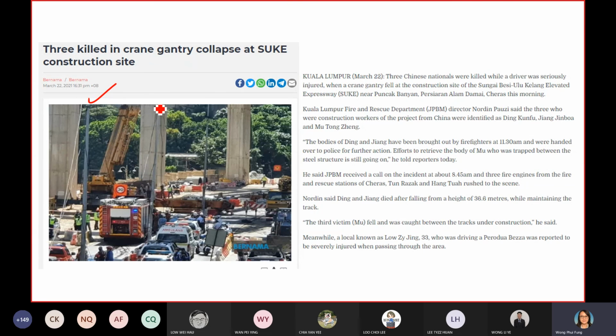This news just recently happened. Three people were actually killed because of the crane collapse at a construction site. This site is quite a dangerous one. Very frequently they have things collapse or drop from the higher construction levels. So these are things that should be avoided, because if they aren't, it will actually injure people, and you can see somebody may end up dead if they don't prioritize safety.